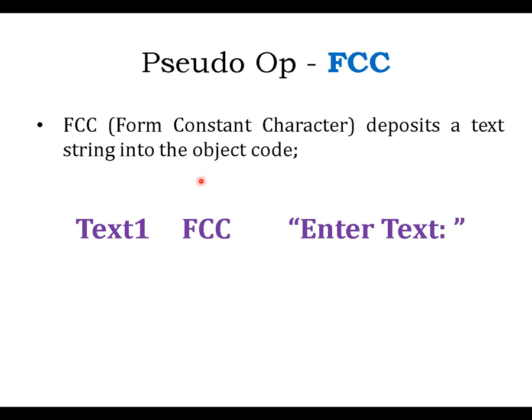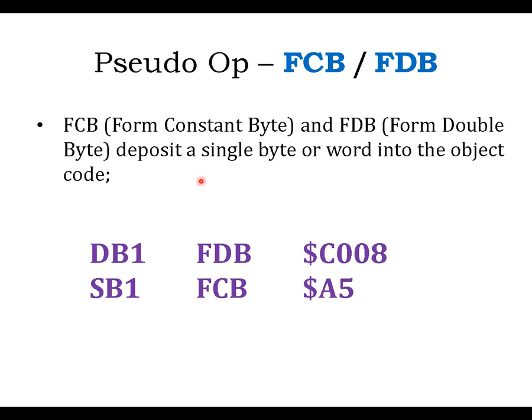Each letter has a unique ASCII code. And again, this is about the data. Whenever you do not store ASCII but you are storing bytes, you can do these, like FDB $C008. FDB means form double byte. Whenever you write this, you can store a double byte. You see there are 2 bytes, right? C008. But when you want to store just 1 byte, you can compare these